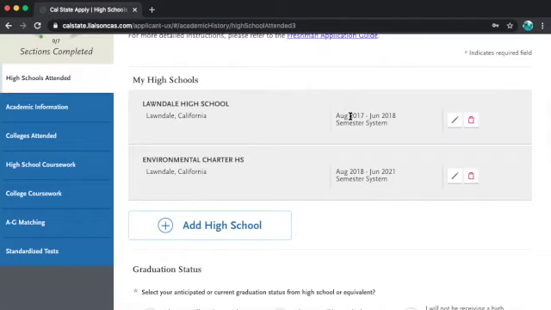If you transferred, let's say you were at Lawndale High School until October of 2018, if you didn't receive those first semester grades, wherever you received those grades is the school that you are reporting. So that fall semester would actually go to the next school that you attended. Okay, so you'll have your two schools here,